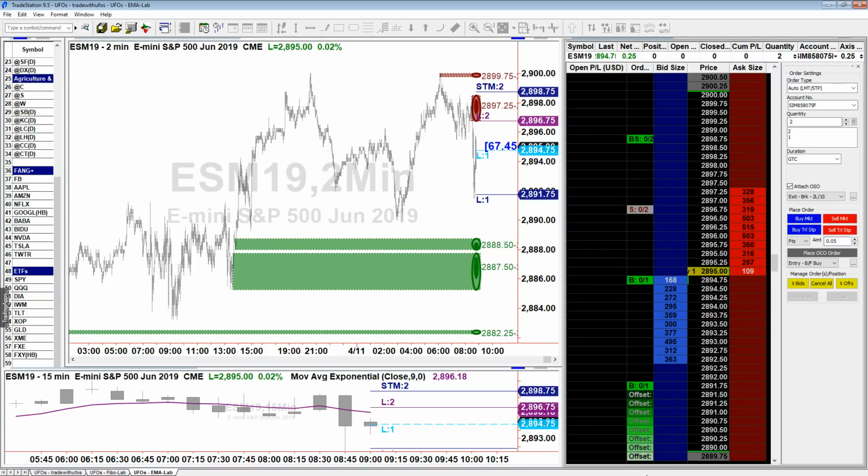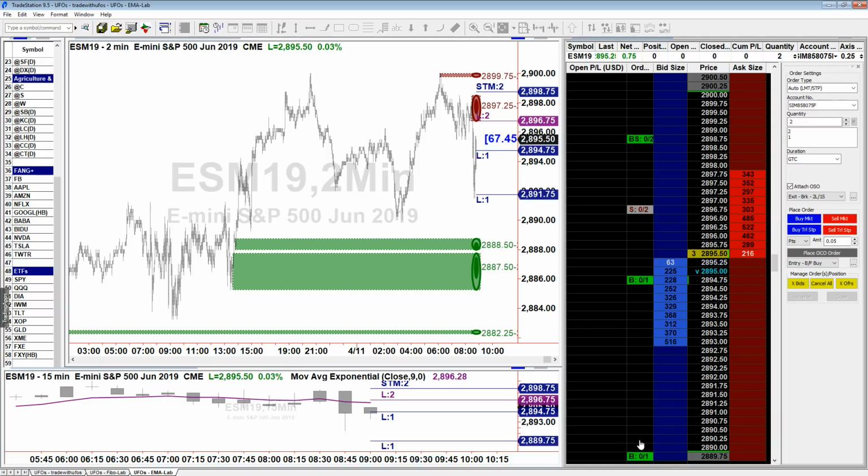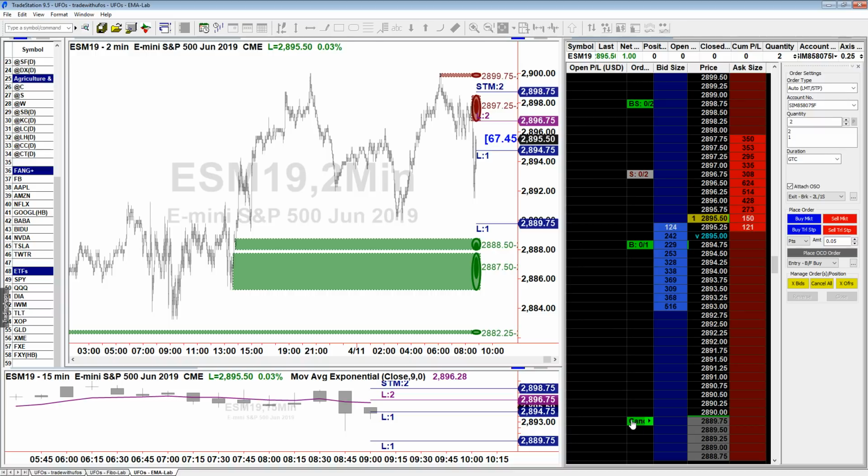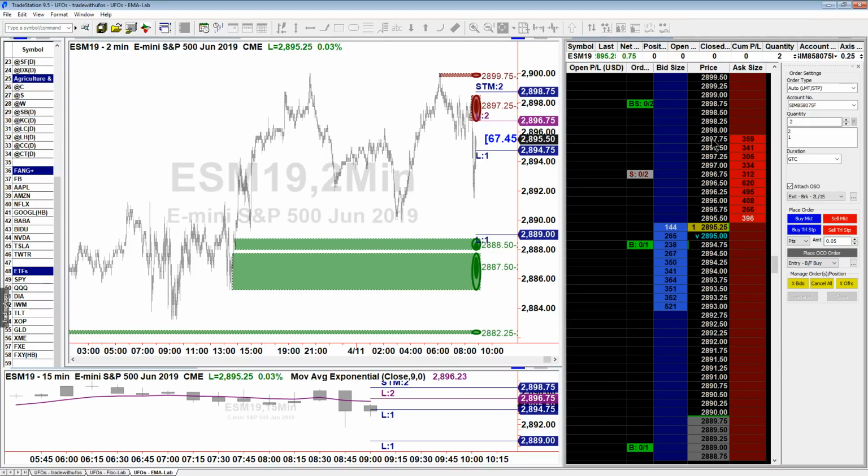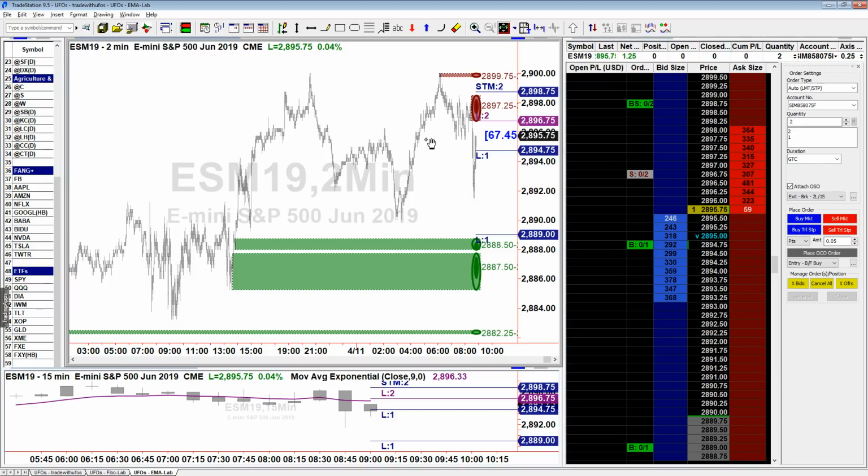You see, with the S&P, I have a much easier time dragging and dropping my orders because it's $50 a point. Also, since I'm using a 2-minute time frame instead of 21-minute time frame, I have much less dragging to do, and everything fits on my screen, which was the challenge I had before. Okay, so guys, we have the trade here. We have the trade in front of us.